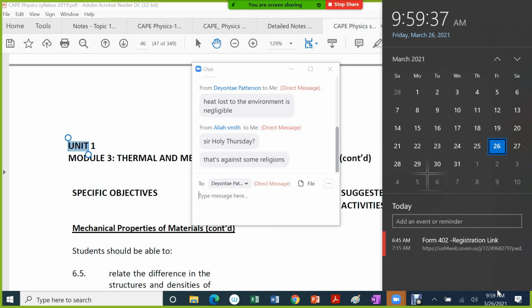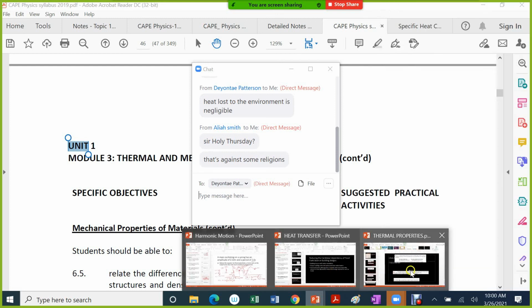We have to have classes those 2 days in this week because, as we say, we have content. Remember, you guys started late, so that is the reason why we're running short on time. You guys started all the way down in November, so that makes it a little bit difficult for us now as teachers. So we have to make up in that bracket. I know for a fact that I can use Wednesday, because we're finished with what I went through a while ago, heat capacity and all of those things. We're done with that now. So I can use Wednesday